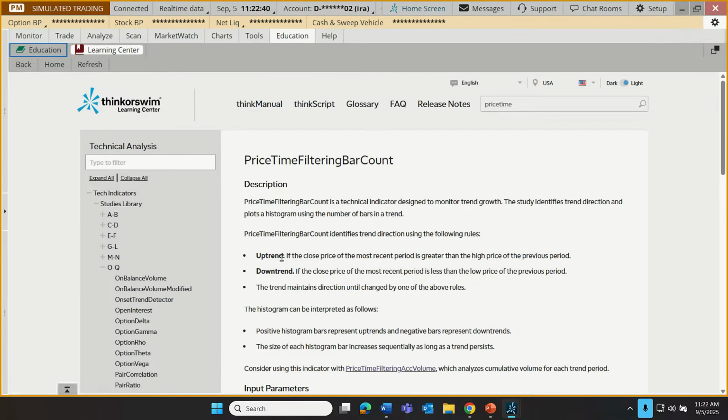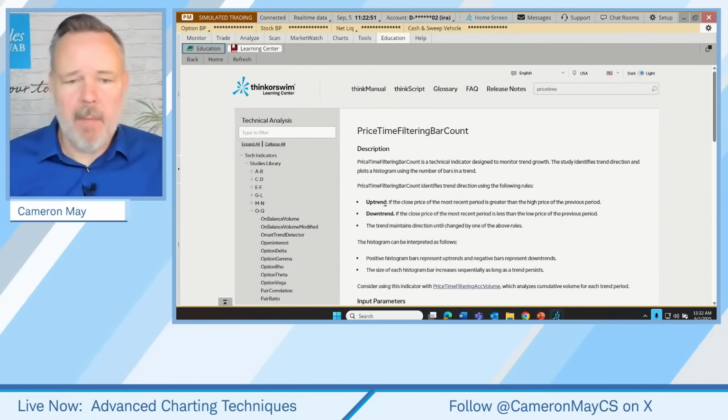It was called the turtle trade system. I don't know if anybody does that anymore, but it was looking for changes in trend as identified by highs and lows over weekly periods. It was very popular way back in the day. In any case, that's an uptrend. What do you think is a downtrend?